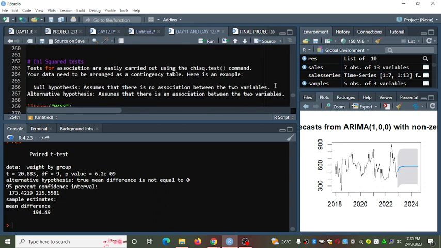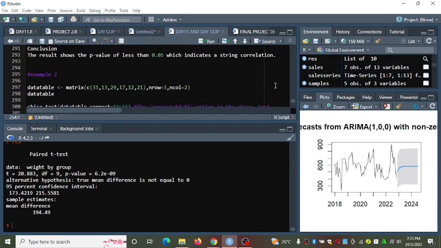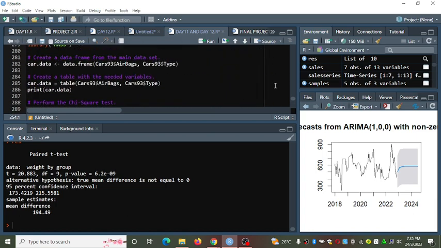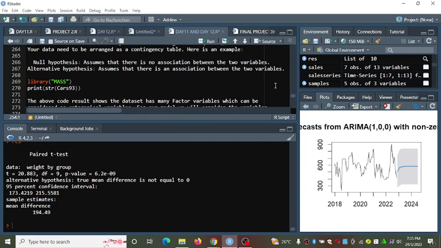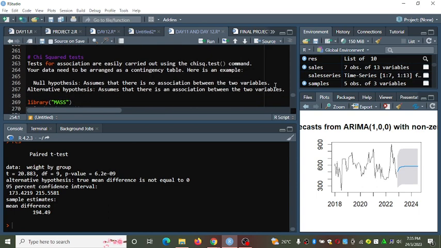So from that we do a chi-square. I will show you something else that we will do manually. Chi-square test. This is a test for associations.